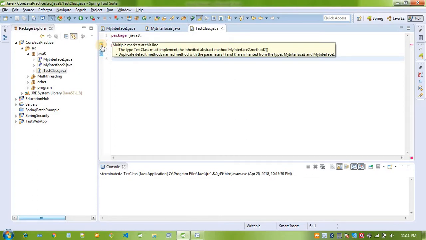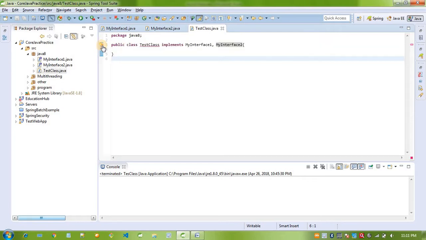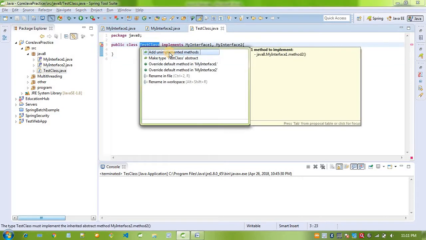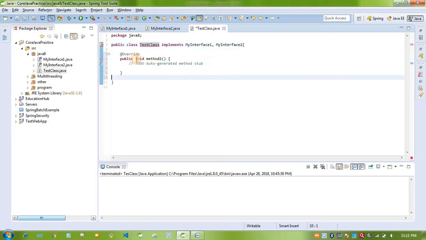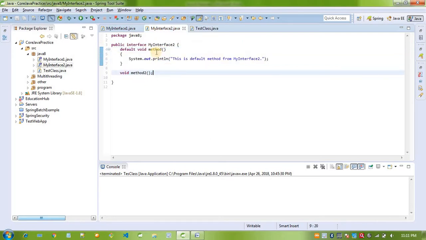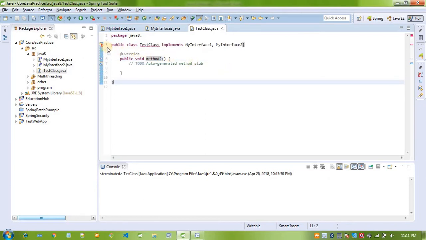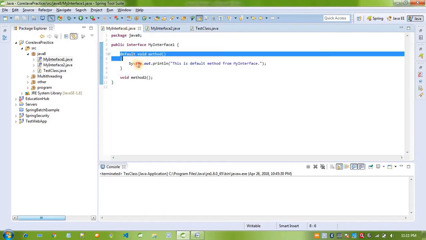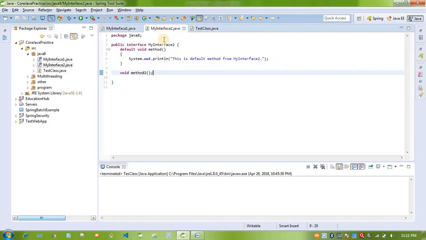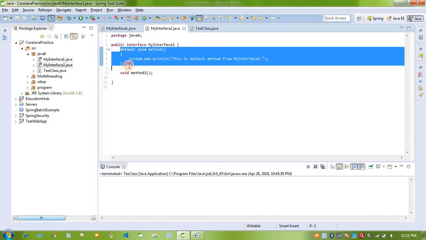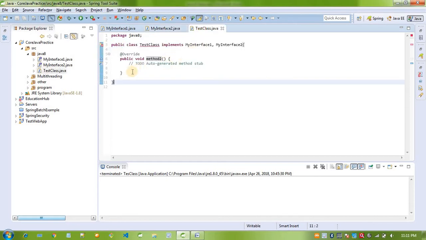Multiple markers at this line, so we need to implement this method, add unimplemented method. Fine. Now I have overridden the abstract method of both interfaces. So I have overridden this method, but still we are getting the problem, right? Because as I have mentioned, if we have the same default method in two interfaces, then we must override that method in the implementing class. So